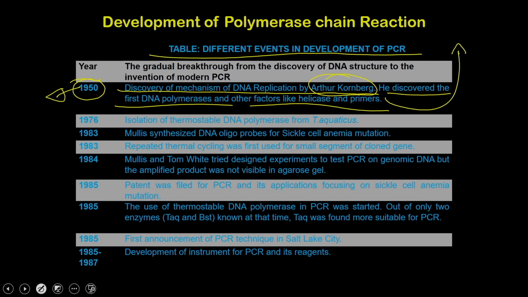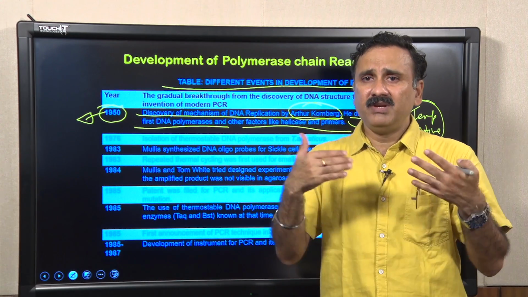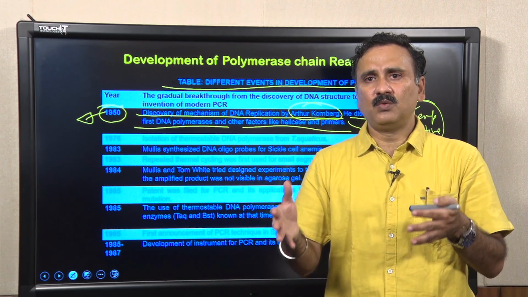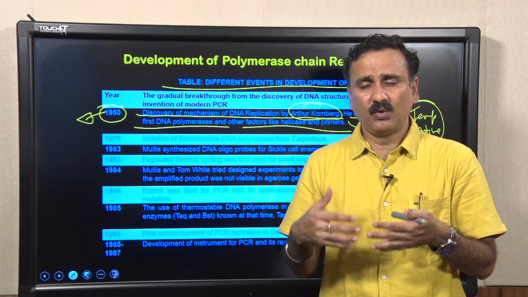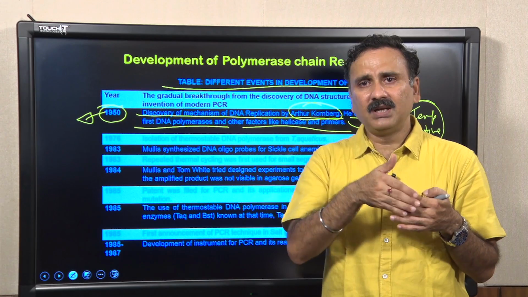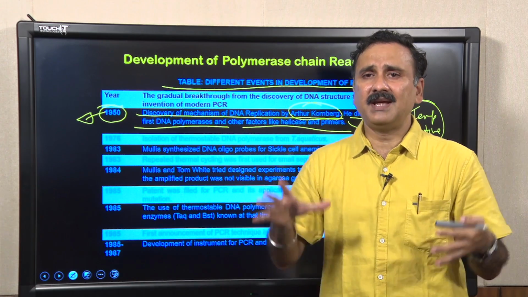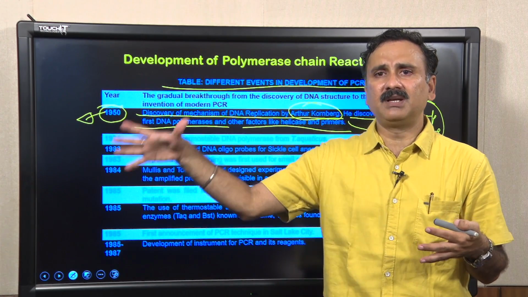The problem is that the DNA polymerase discovered by Arthur Kornberg is temperature sensitive, which means it cannot withstand a very high temperature. As I said in the last slide, when you want to mimic these conditions under in vitro conditions, the only way to skip the helicases and all other proteins is to heat up the DNA, so that it separates into two strands, and those two strands will remain single stranded only if you keep the temperature very high.